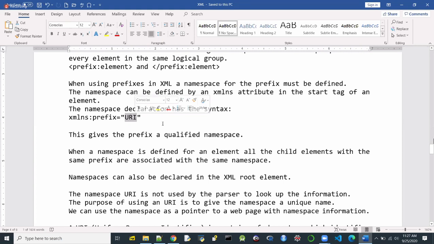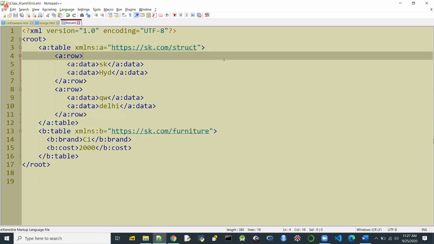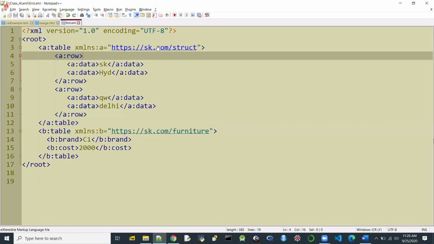So when I'm using this syntax, xmlns prefix and then some particular URI, what you are conveying is that the information related to this particular prefixed namespace is available in this particular document.